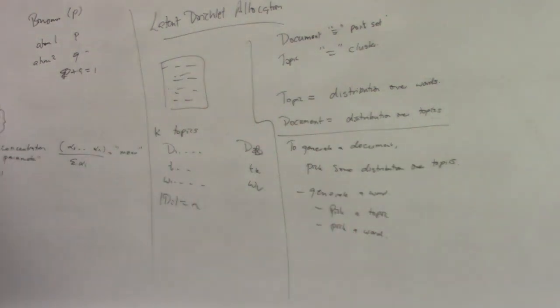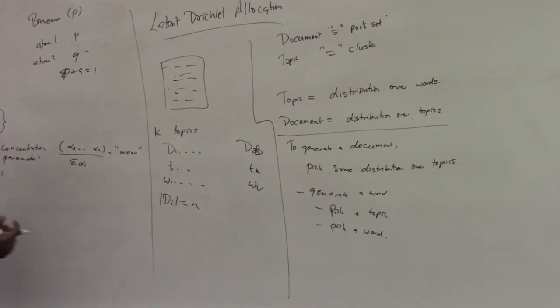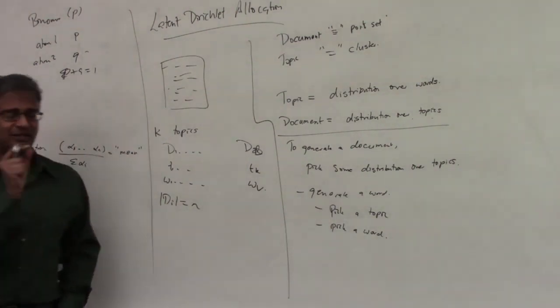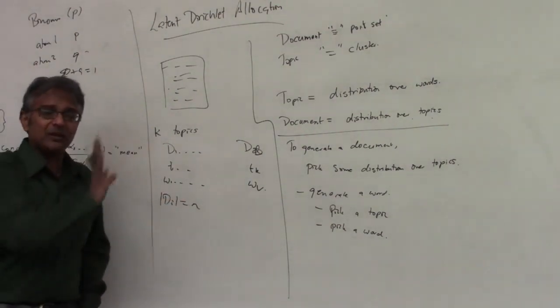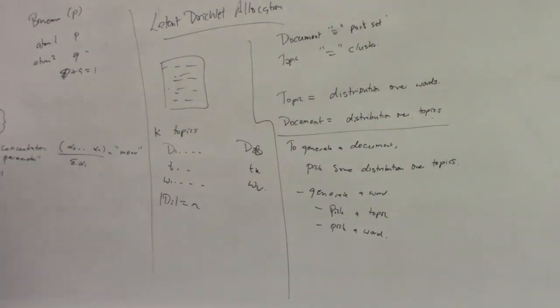Of course, no one actually writes documents this way. That's not the point. But this is proposed as a model for how you might imagine a document being generated. Of course, these things are not independent. I'm not going to just very schizophrenically pick one word from this topic or that, but modulo those concerns, this may be a good way to do this. So does this generative model make sense to you? Again, I've not put any parameters on, but at least at this level, hopefully it's clear how you might think of a document being formed.